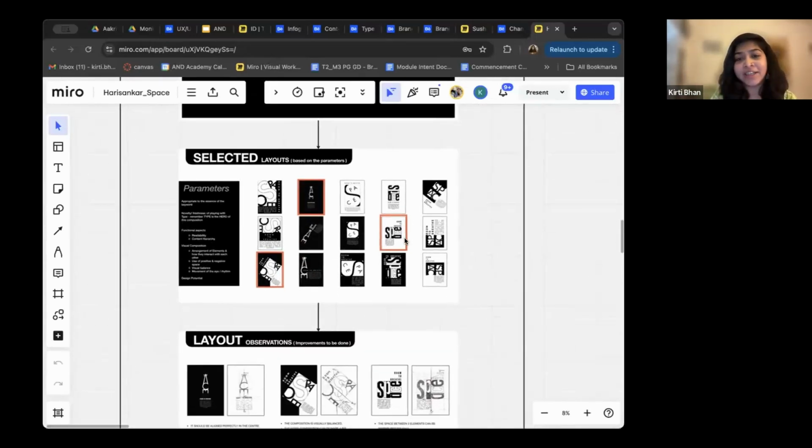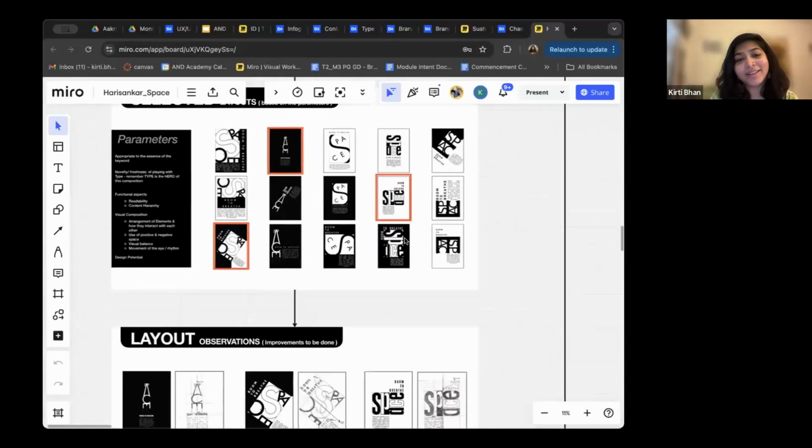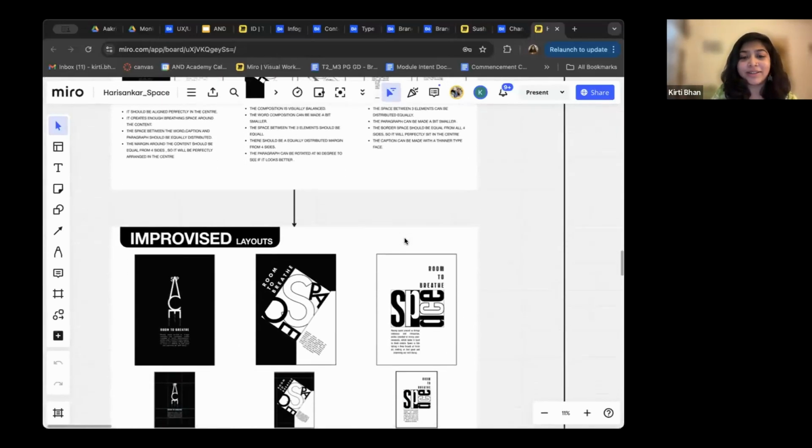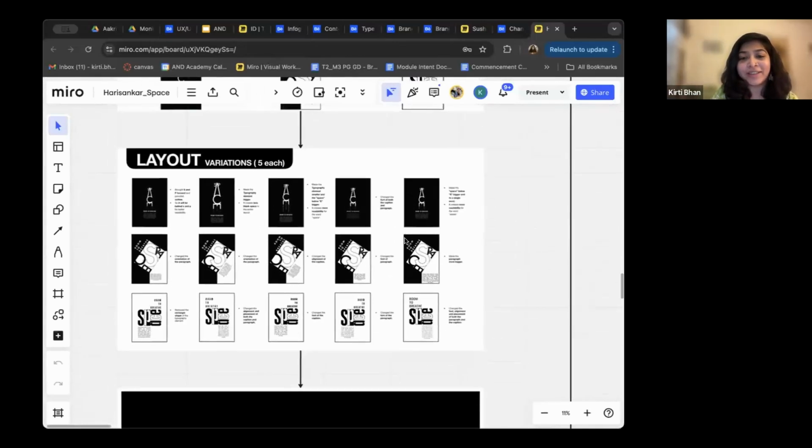It starts from idea generation, like I just mentioned. Then the selection keeps happening. You keep changing something or the other, you keep improvising on it. Then you create variations. After you select your final ones, you also create further variations. Like you can see, these three are chosen, but there are variations in it.